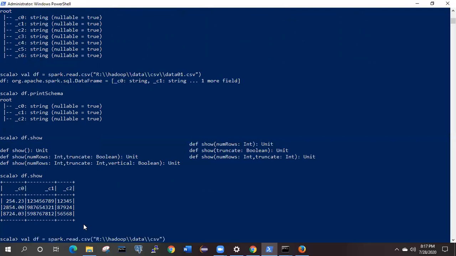Now the same example I am going to modify, and I'm demonstrating how we can read the file from the HDFS. So I'm renaming this data frame as df2, and now we need to specify the location of the file on the HDFS. So first we will verify where it is present.